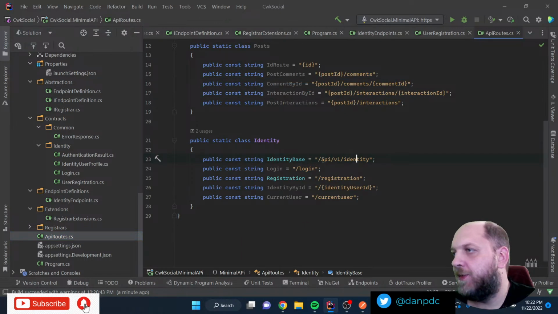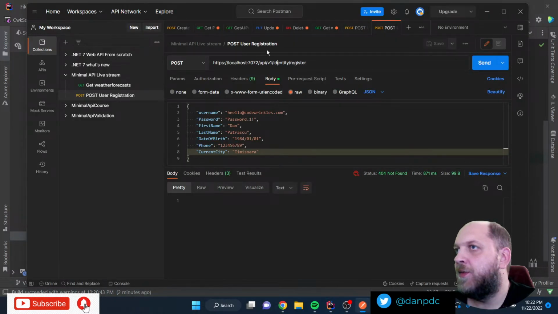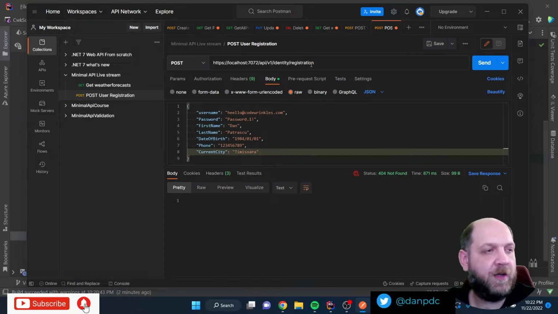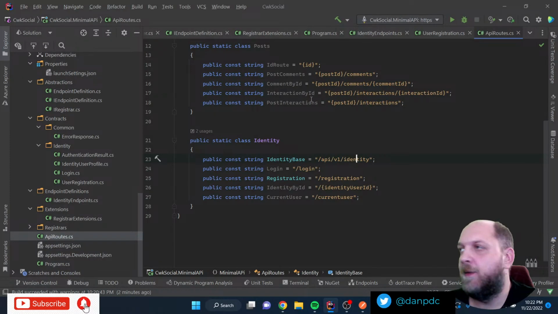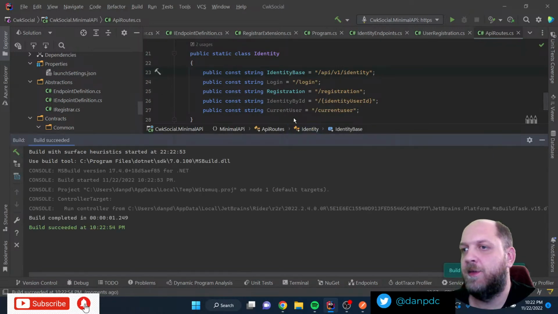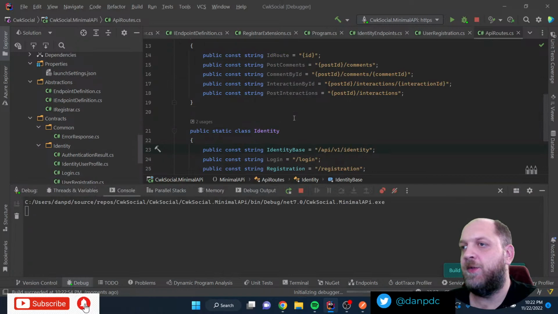So it should be /API/v1/identity, and then registration. Okay, so that's the problem. Registration. Hopefully it's okay. Now I have to start the debugger again. Let's also leave that breakpoint there to see if the endpoints are registered actually.